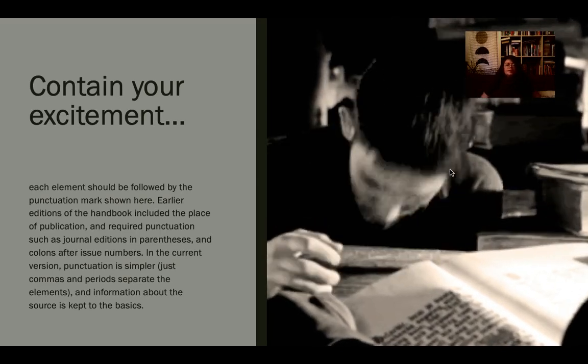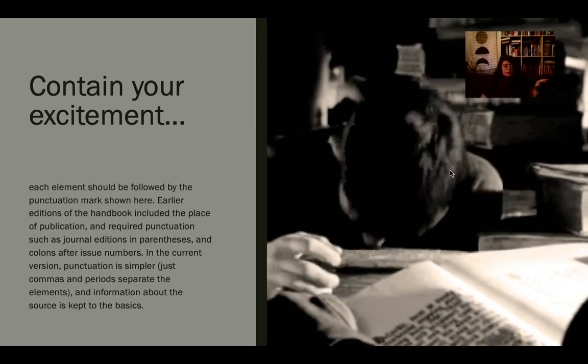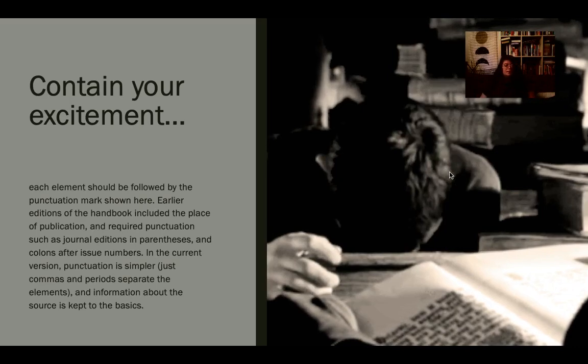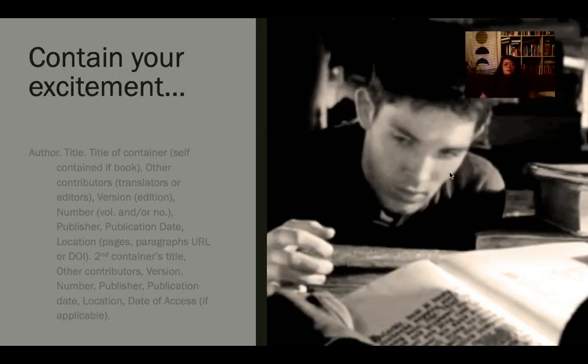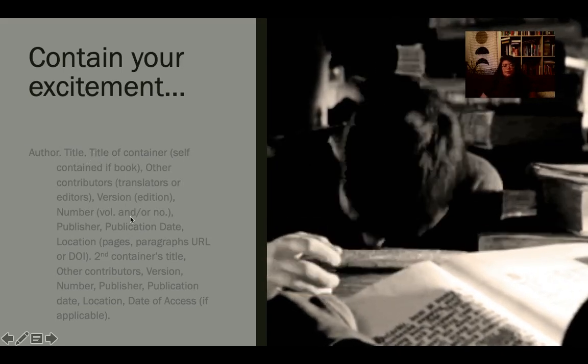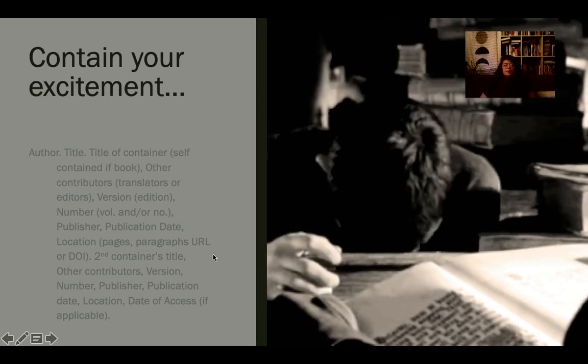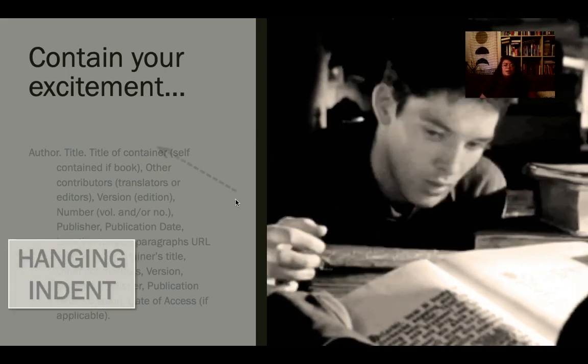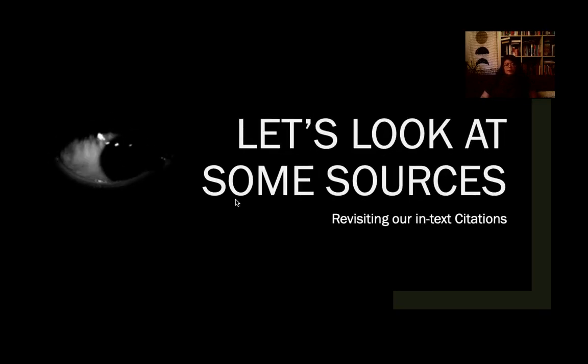And so let's just go and look at some sources. Quentin, sit. Okay. This is sort of a roadmap that can help guide you through all of the sources, right? If you ever wanted to write this down in your notes so that it helps you check the validity of your online sources easier, that's a great idea. And note too that it still has the hanging indent. So let's look at some sources, revisiting in-text citations.